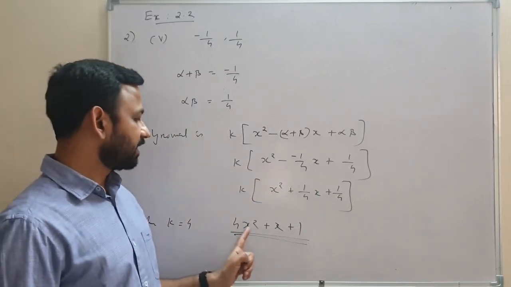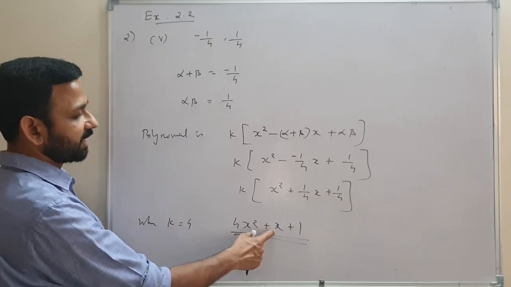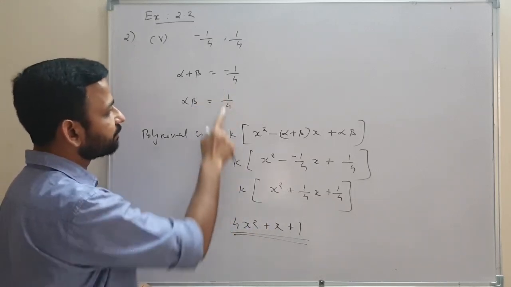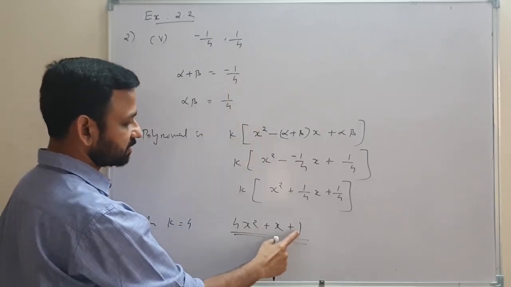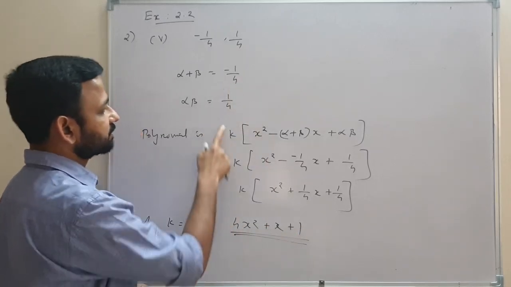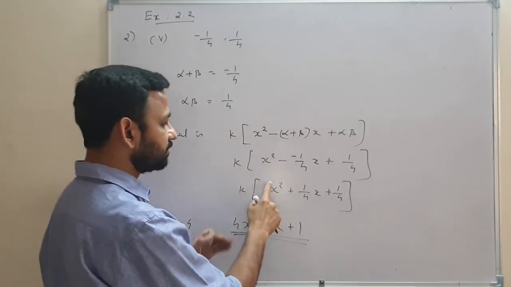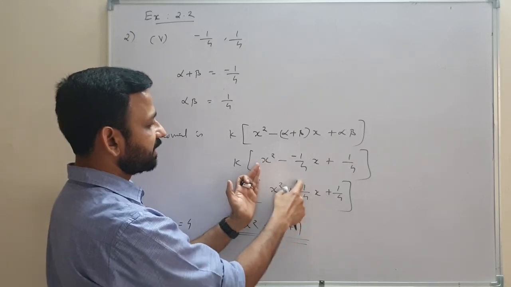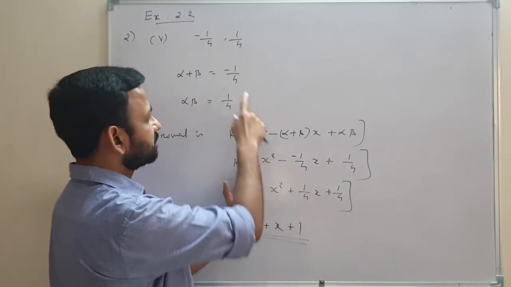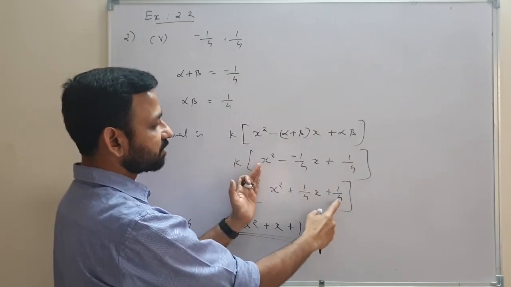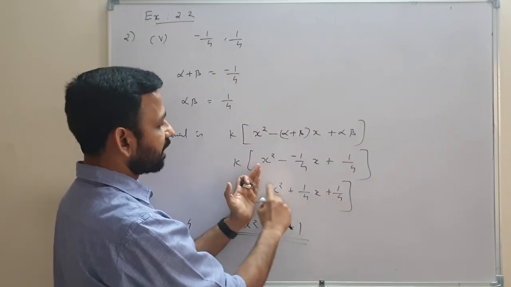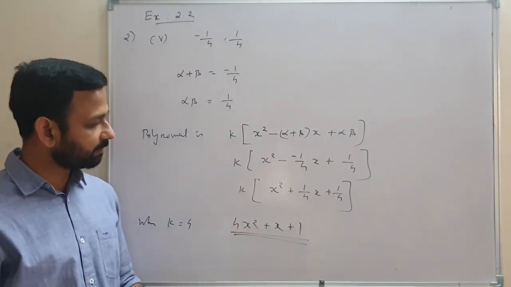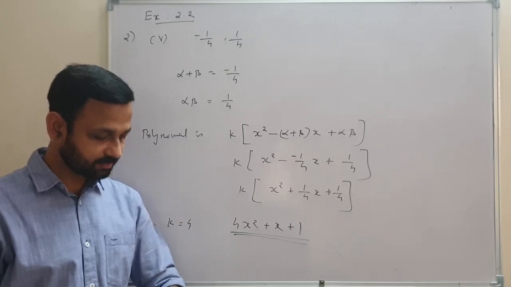So here, in this polynomial, sum of the zeros is minus b by a, 1 upon 4. Sorry, minus b by a, minus 1 upon 4. Product of the zeros, c by a, 1 by 4. And here also, you just take the sum of the zeros, minus b by a, minus b, that is minus 1 by 4 upon 1, that is minus 1 upon 4. Product of the zeros, c by a, 1 upon 4 upon 1, that is 1 upon 4. So both the answers are correct. You can replace k by any real number. Okay.